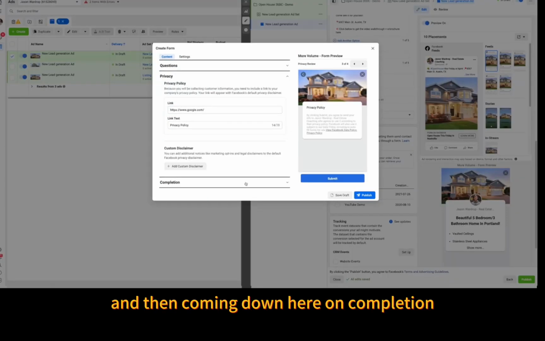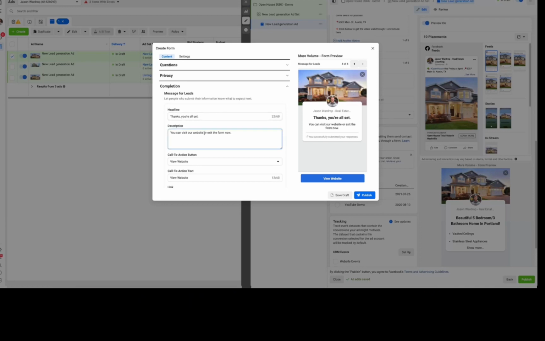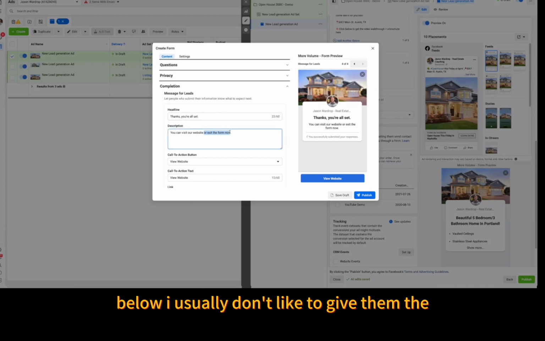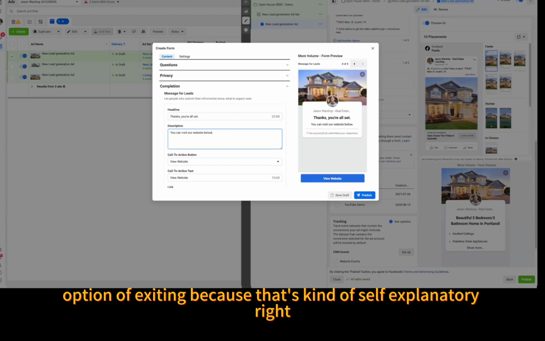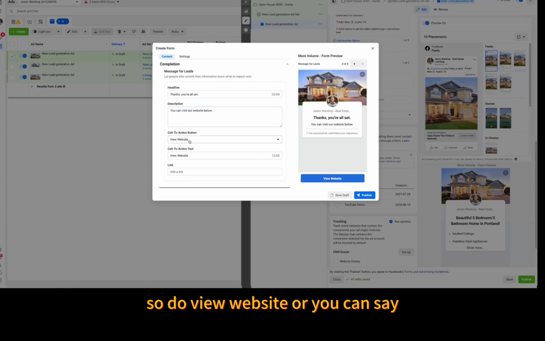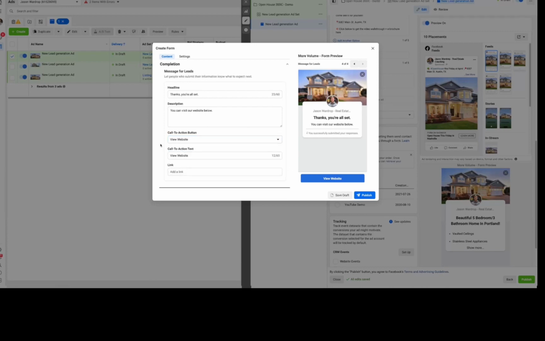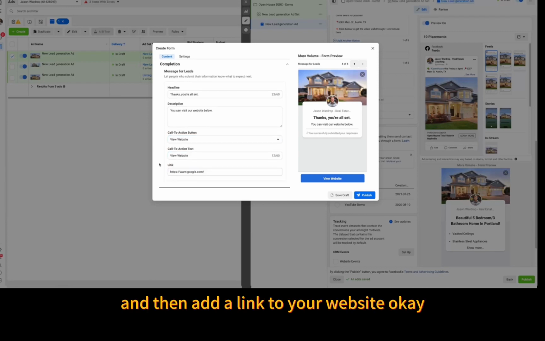And then coming down here on completion, we're going to say, thanks, you're all set. You can visit our website below. I usually don't like to give them the option of exiting because that's kind of self-explanatory, right? So do view website, or you could say download something, call our business, whatever it is right here. So we're just going to do view website and then add a link to your website. Okay. So now if we hit publish,